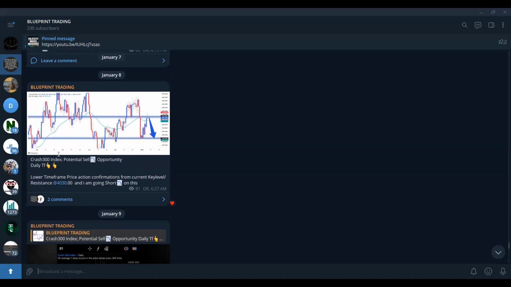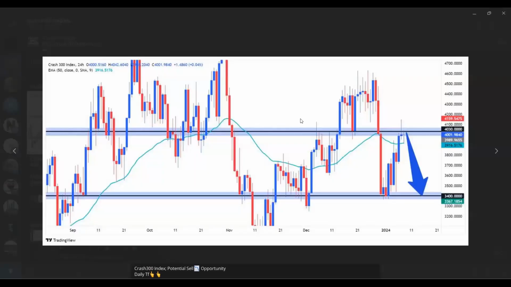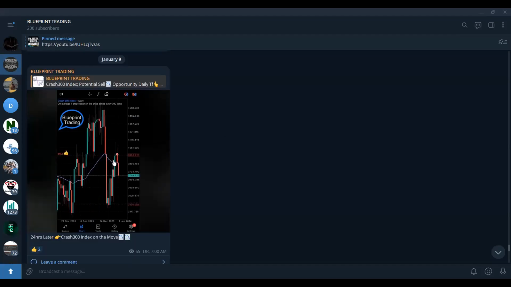So right here you can see the trade setup I sent out on Crash 300 index. I clearly stated Crash 300 index potential sell opportunity from the daily time frame, lower time frame price action confirmations from current key level 4030 psychological level, and I am going short on these. Here you can see the trade setup,